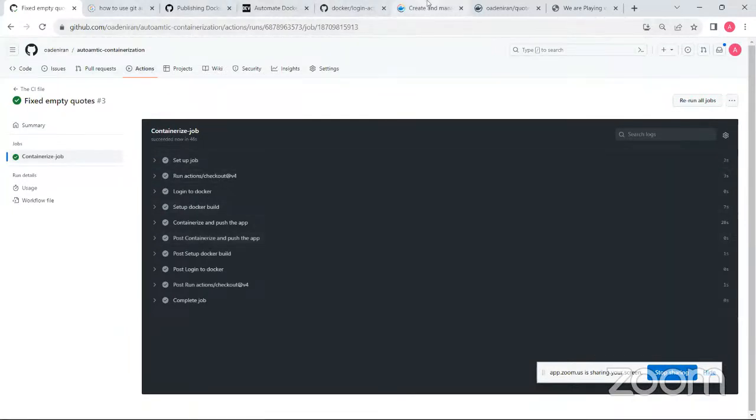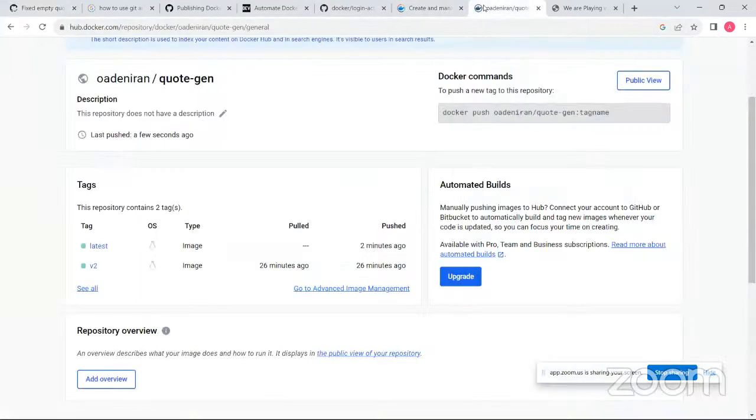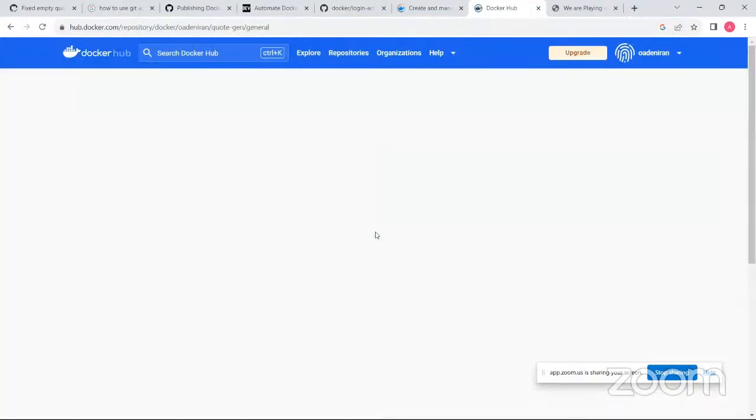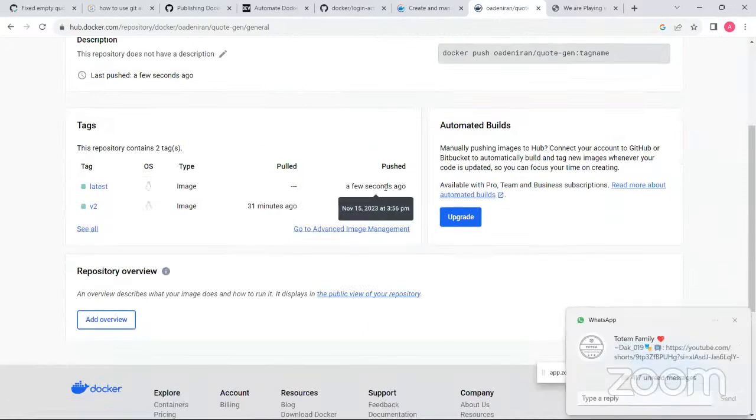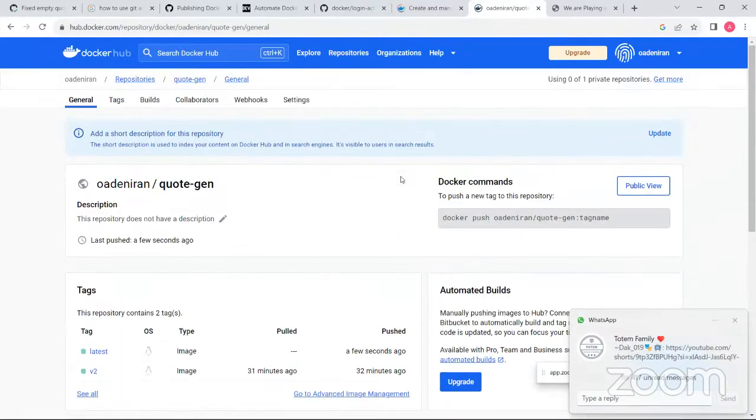If we go into our Docker Hub here and I refresh this page, you see that the last time it was pushed will change from 2 minutes ago to just now, or just a few seconds ago. So you can see that the last time it was pushed was just a few seconds ago. So our code was immediately